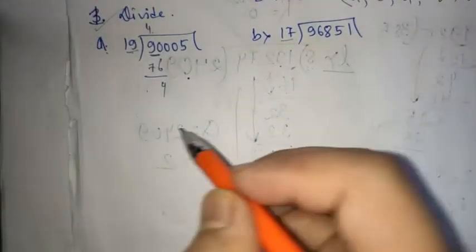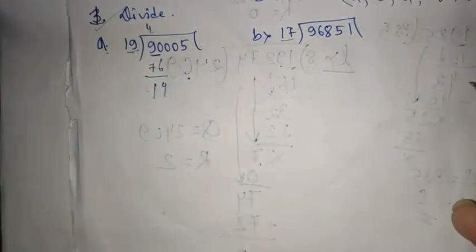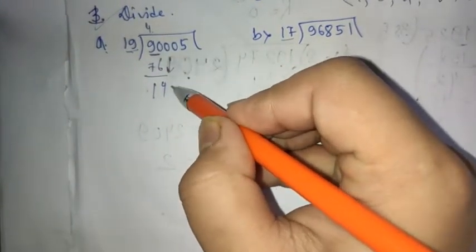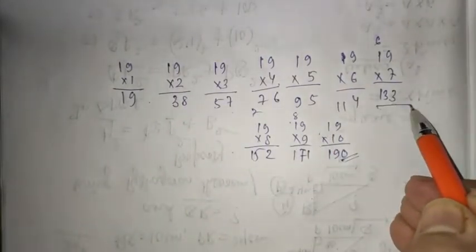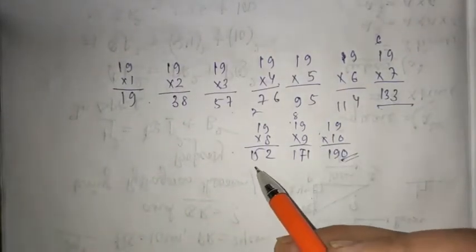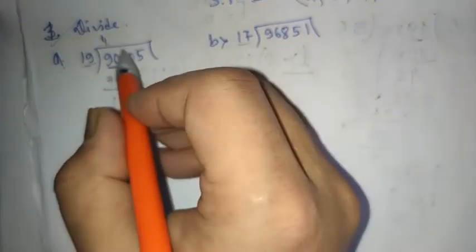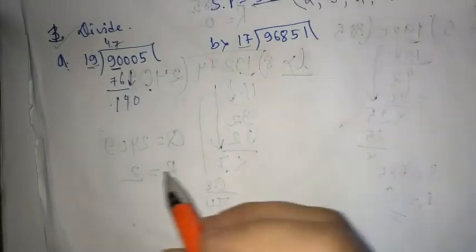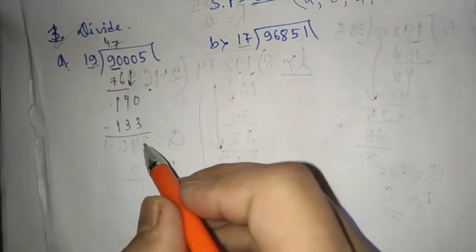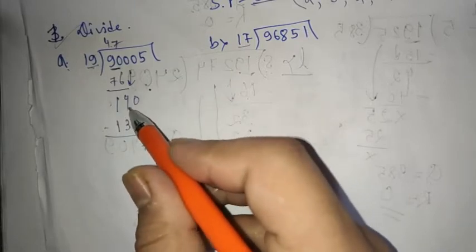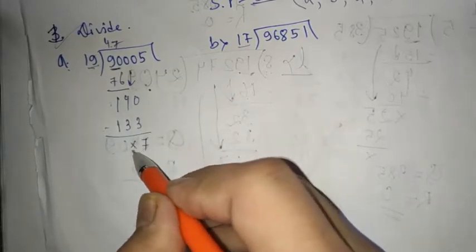Now 8 minus 7 is 1, right? So this 0 will come down. Now search where is 140. 140, 140. Oh, no 140, so you'll get only 133. Above that will be 152, which is higher number. So 19 7s is 133. So when you subtract this, you are going to get 7 here. So 3 is here, so 3 minus 3 is 0, 0.